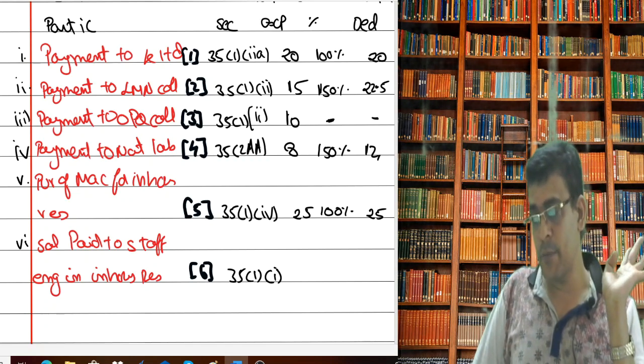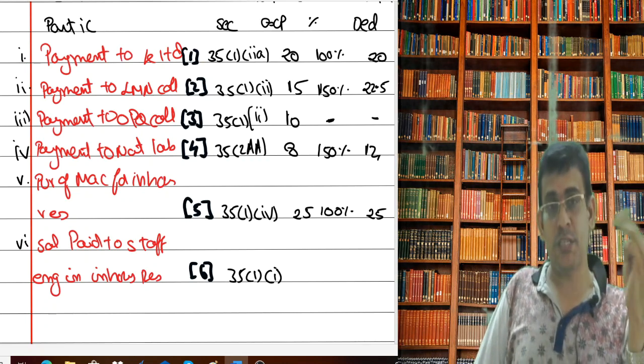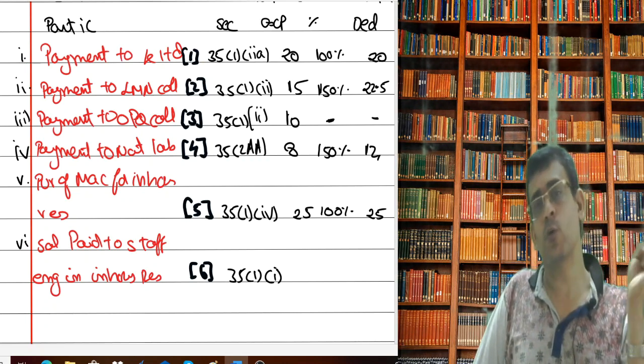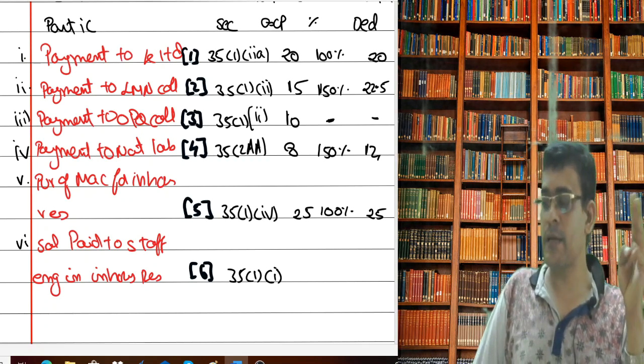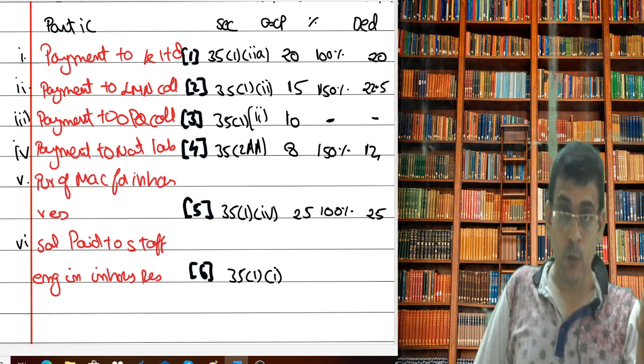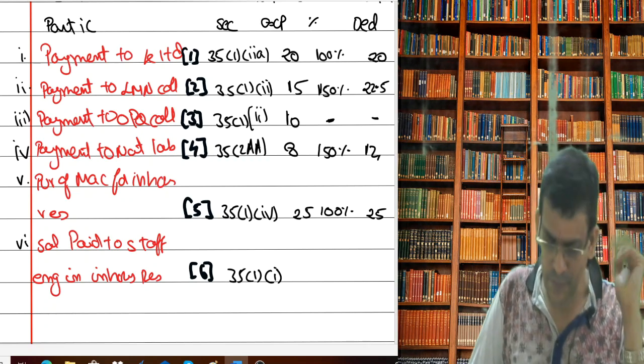So either it could be capital or it could be revenue. But to this SSC, to Mr. Praveen, section 35(2AB) is not applicable. So as section 35(2AB) is not applicable, either he can take that under section 35 subsection 1 clause 1 if it is revenue, or section 35 subsection 1 clause 4 if that is a capital expenditure.